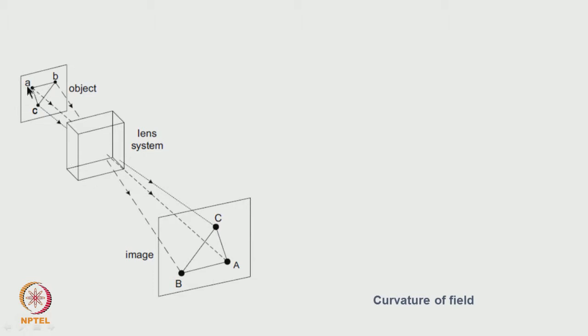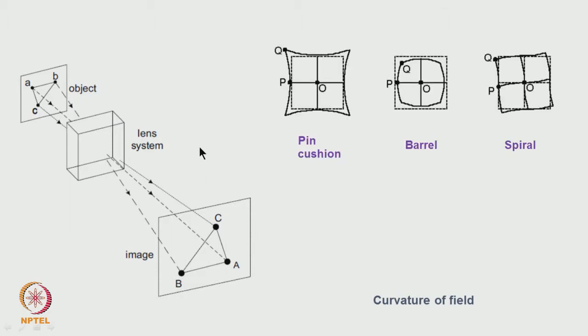These two points are shown in this slide. Here ABC is an object, and this is a lens system which magnifies it. We are able to get a magnified image on the screen. If we measure the ratio between AB here and AB here, BC here and BC here, and also the angle between them, and they are faithfully maintained, then only we can say that this is a true reproduction of the image.